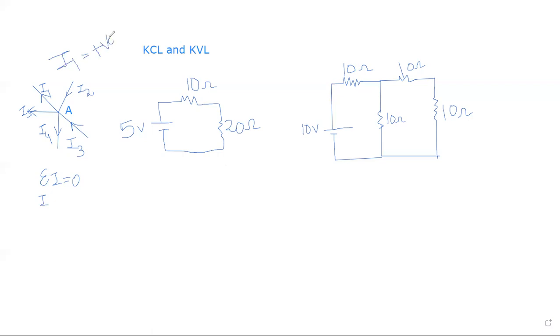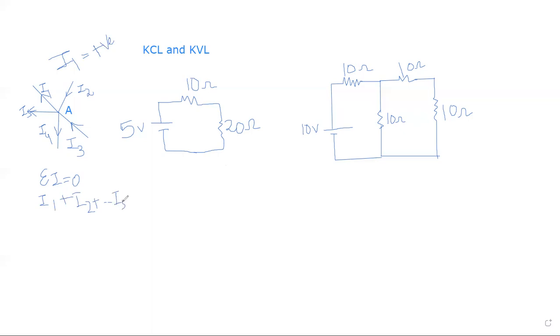Based on this assumption of mine, you can take it vice versa, right? Now this is positive and this is negative, so I can write it down like I1 plus I2 plus I3 and so on till I5